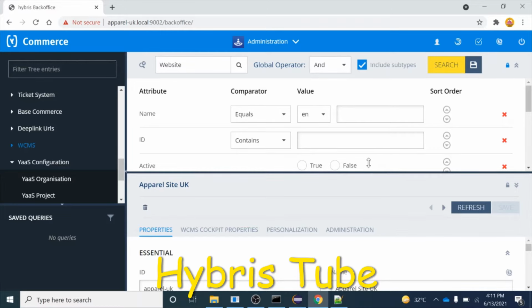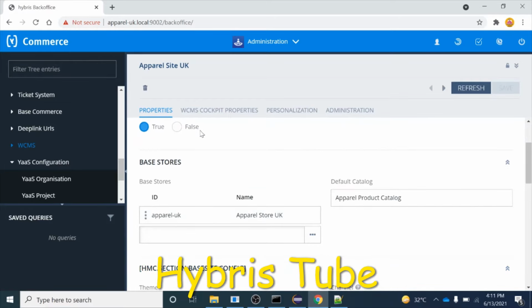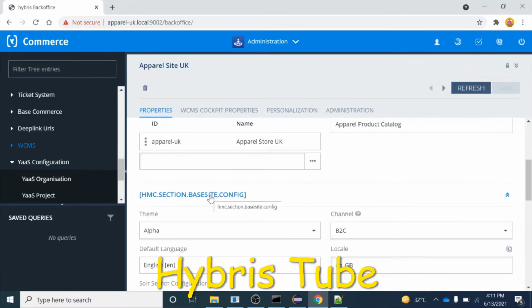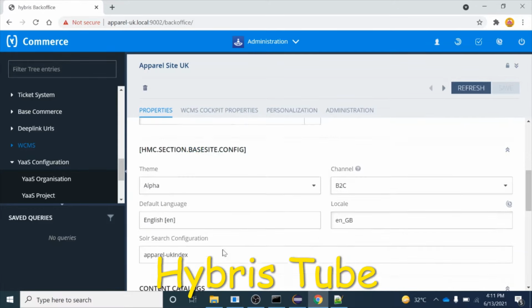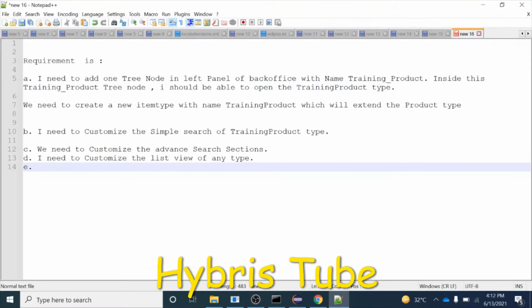What we are going to do is add one attribute into a particular section. For example, this is a base store config section, right? Over here we do have multiple attributes. Similarly, we will choose one tab, and inside that tab of this training product type, we will add one custom attribute, right?